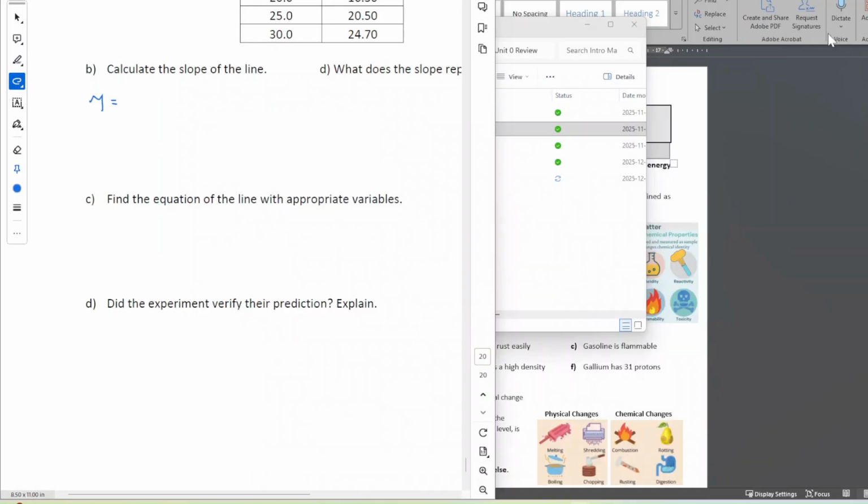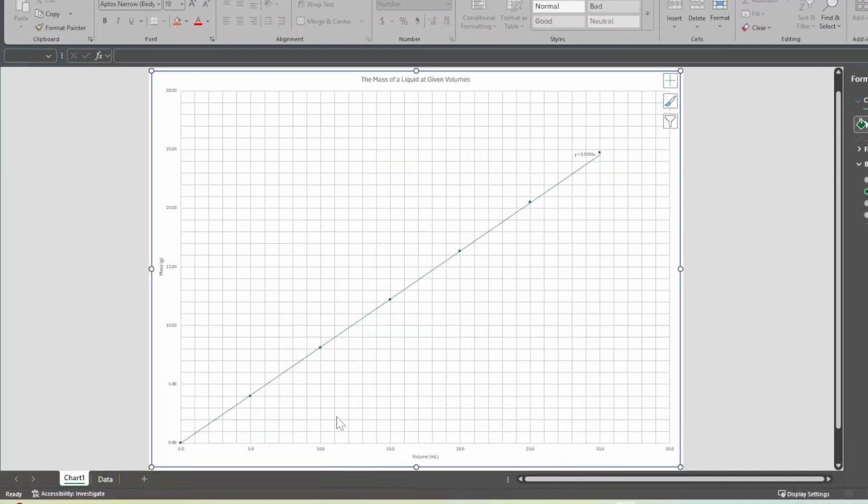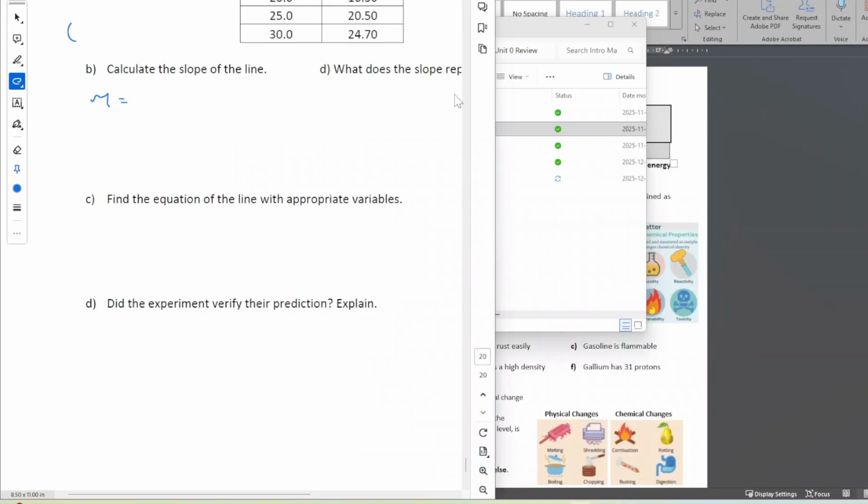Okay, can we remember that? We're going to use the 11.0, and make sure you know which one is your X or your Y. I opened this in Adobe and it drives me nuts. Okay, so the point that we were going to use was (11, 9). The 11 is my X value and the 9.00 was my Y value. So then my slope would be 9.00 minus 0 all over 11.0 minus 0. Okay, 9 divided by 11